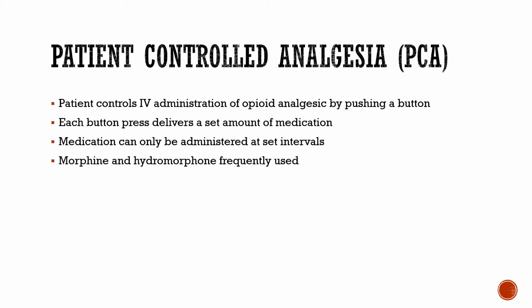Morphine and hydromorphone are the most commonly used medicines that you'll see with a PCA. What you need to make sure you do with a PCA, there's a couple big things you have to do whenever you're setting up a PCA. One is EtCO2 monitoring. Nowadays, I've yet to work anywhere that doesn't have EtCO2 monitoring on their PCAs. That's just a little extra add-on that you put on to the pump, and you connect a specialized tubing to it. Now, that tubing can be hooked up to oxygen, but it does not have to be. You don't have to have oxygen on, but it has that ability to do that.